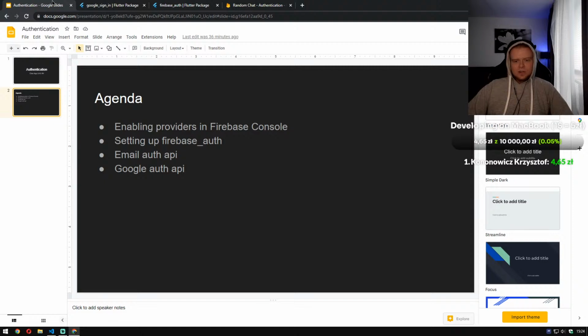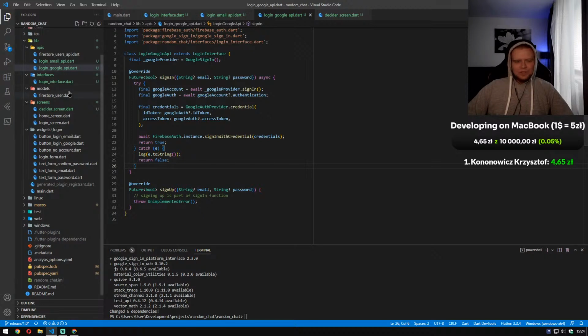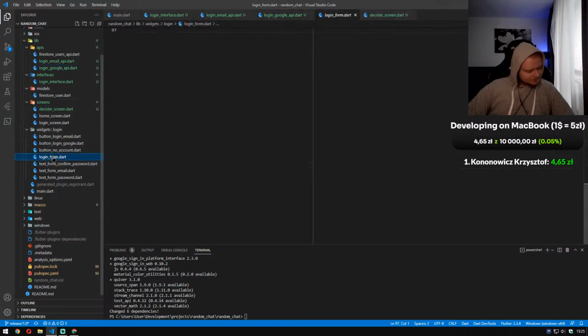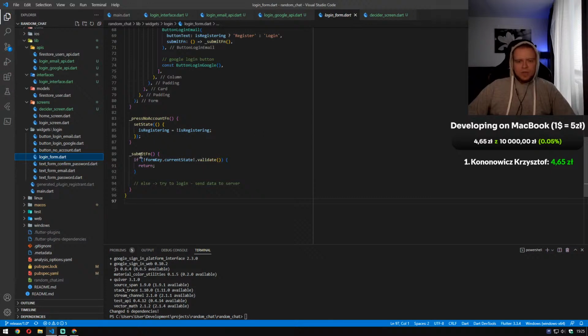So if we go back to our agenda, well, first of all, we created our code for logging in, but of course we need to test it. And to do that, we need to go to our login form. So we are in our login form. We have our submit function that we use for validating our form. So now we need to send data to our server. Let's just start with our email login. So what we need to do? Well,